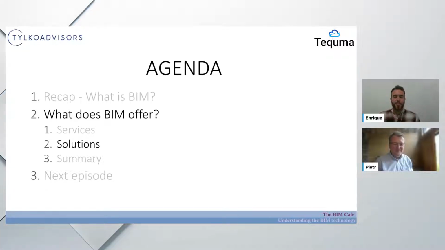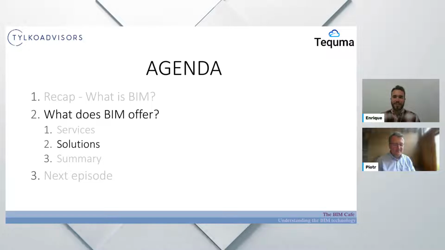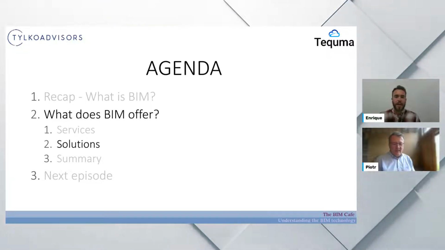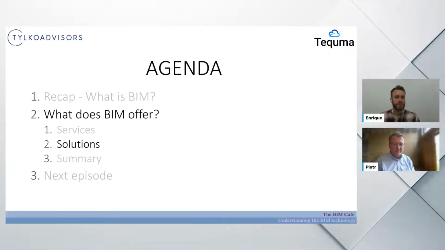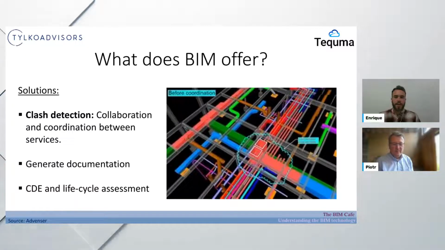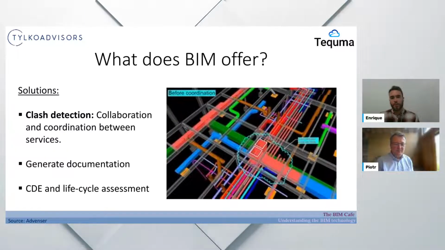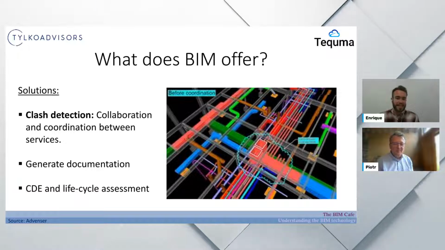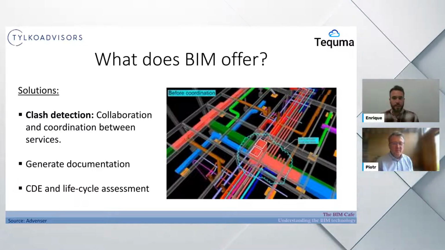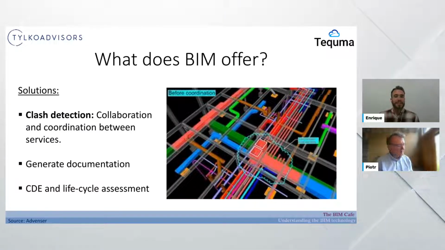I say there is way more that we can get into details if anyone has any requirements. Now I will present some specific solutions that come from BIM related to these services, and how BIM can really help and provide some assistance. And the main one, the one I just talked about, is clash detection. For me, it is one of the most important ones, as it helps with the coordination and collaboration between those services.